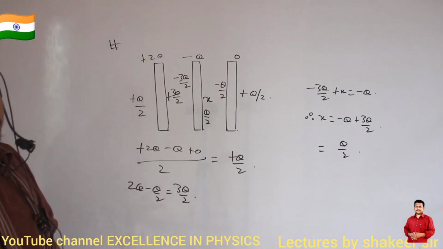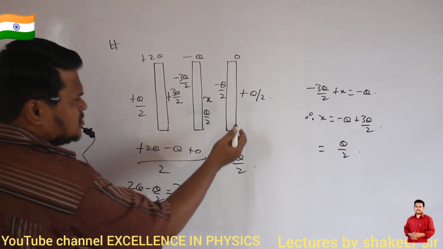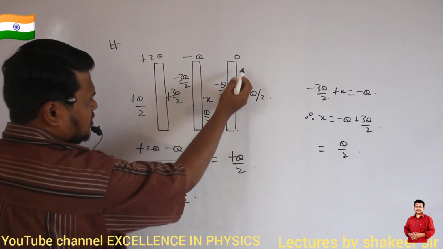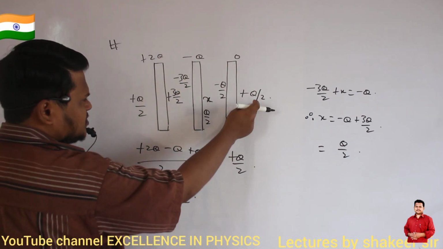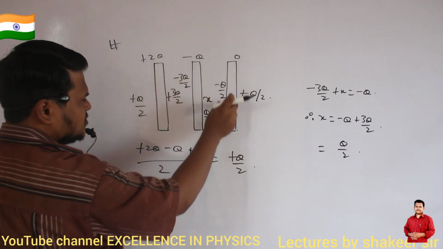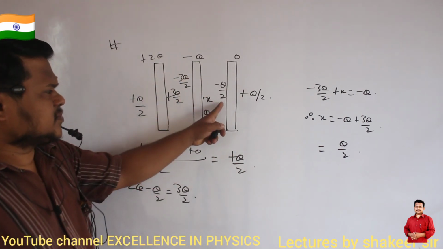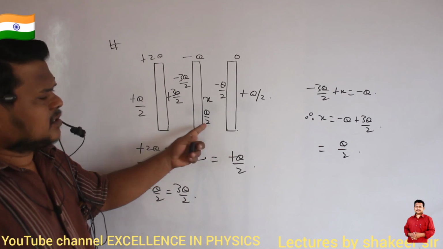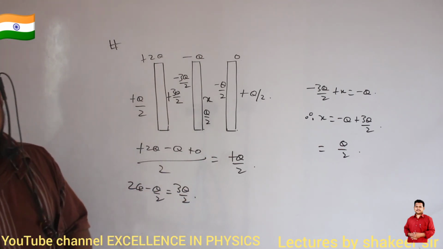Clear? So it is satisfied, no? Even without this calculation we can say the answer. How? Here if it is plus Q by 2, the total charge is 0. So here the charge should definitely be minus Q by 2. Plus Q by 2 minus Q by 2, the total charge present on this last plate is 0. So here if it is minus Q by 2, here the charge will be plus Q by 2. That's all. In this method also we can find the distribution of charges. Okay.